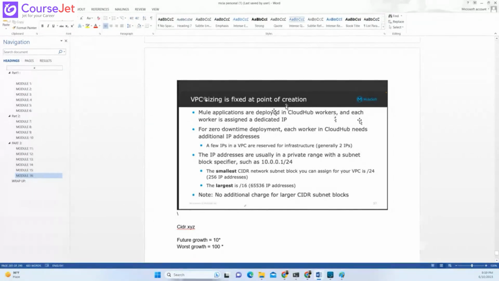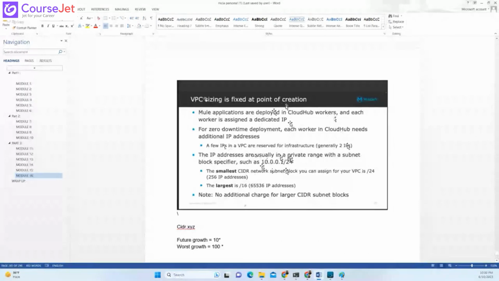A few IPs in the VPC are reserved for infrastructure as well, generally two IPs, like the key for the room's entry and exit. The IP addresses are usually in the private range with a subnet block specifier, such as